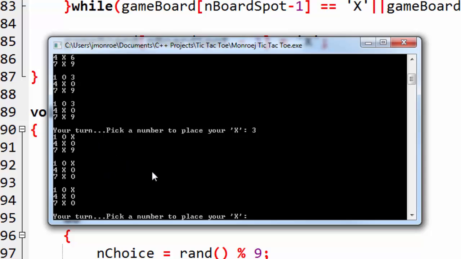Okay, CPU chose 9. And I will choose 1. CPU chose 4. So 7's the only available spot. If I choose 7 here, I should get